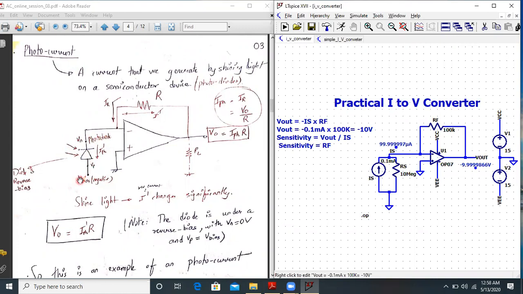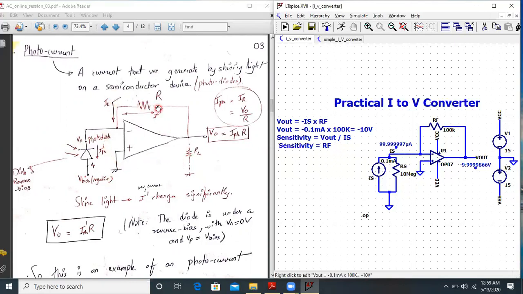That is what is called a photodiode, and this light is getting converted into a photocurrent over here. Remember, this diode is reverse biased, so we have to connect a negative bias over here. So if you shine light on this, the light falls on the photodiode and it produces the photocurrent like this. This is a simple application.